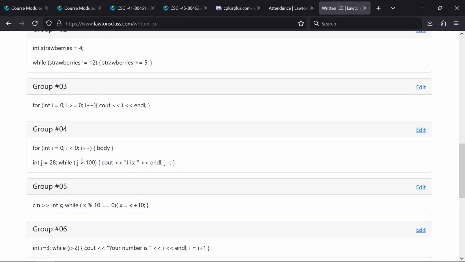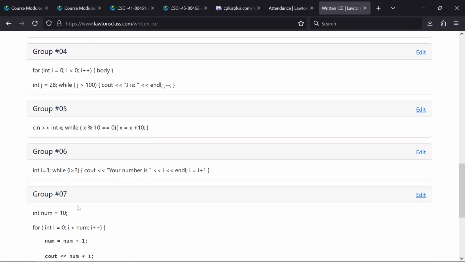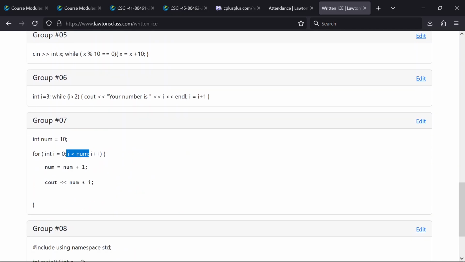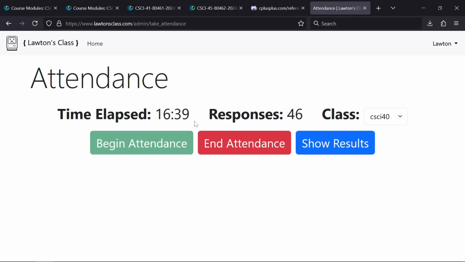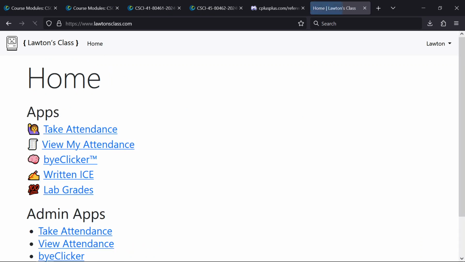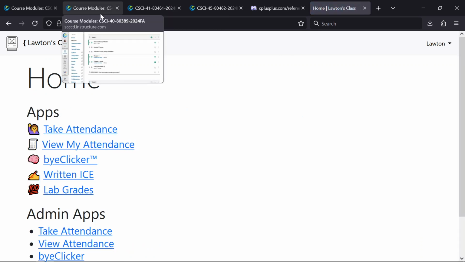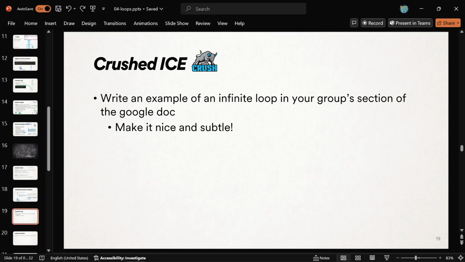Let's see here. Yeah, so it's just like with the for loop, though, you got to make sure, is it going to run the first time? Yes, it is. Okay, something like that. So, yeah, I think for the most part we're getting it. Good job, good job. And I'm going to stop this. All right. So, back to here.